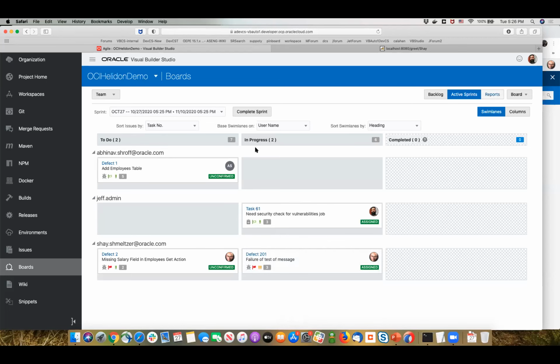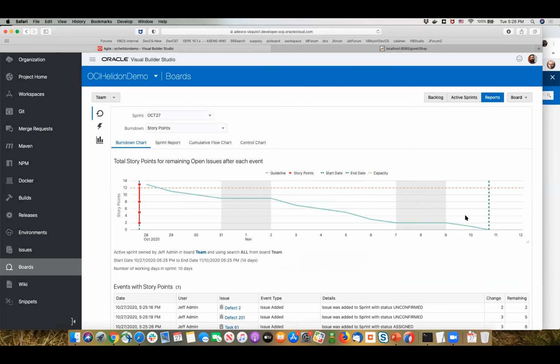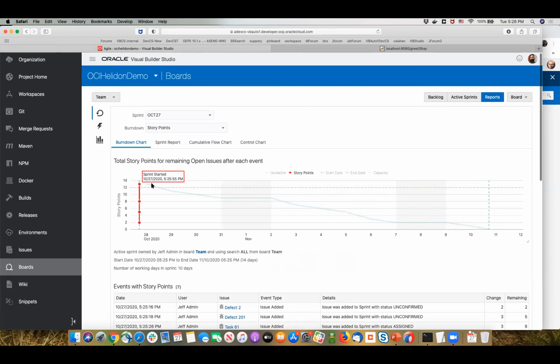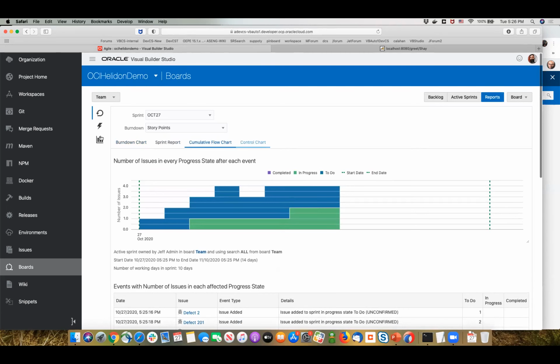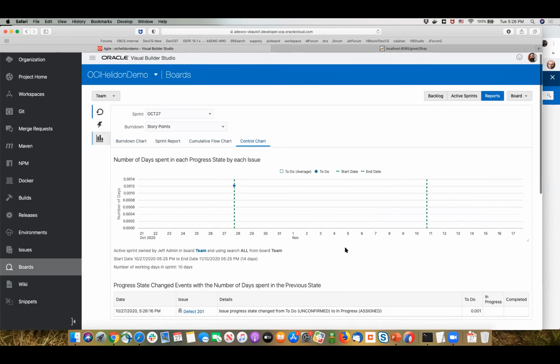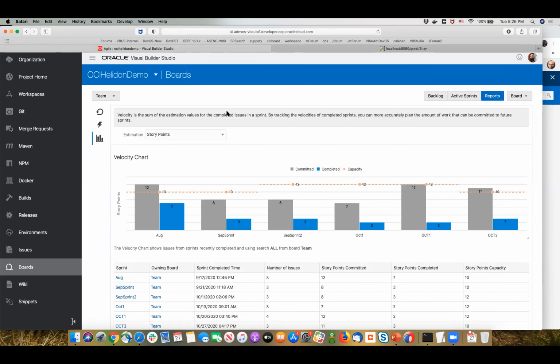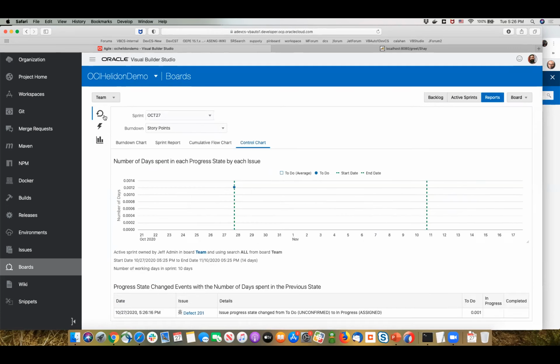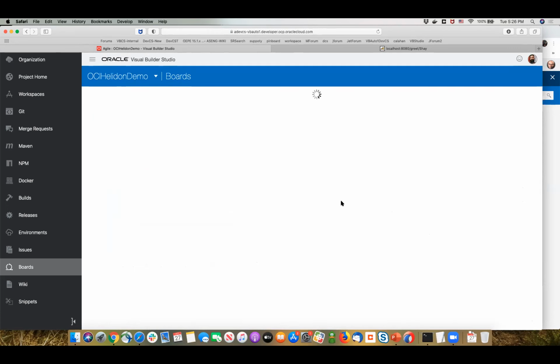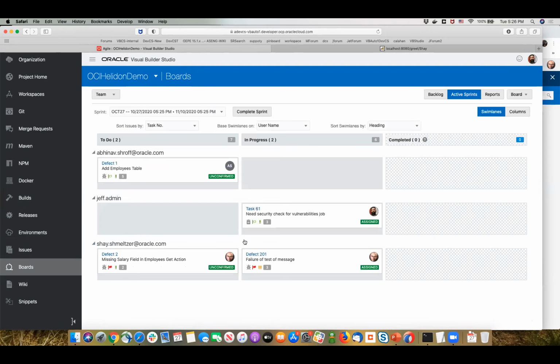You can also see a bunch of reports on your progress. We have a bunch of charts here that show you your progress. We just started our development, so we're at the top right now. In 2 weeks from now, we're supposed to be with 0 issues opened over here. We can see all sorts of cumulative reports and control charts and history of our sprint runs. All of this is available in here as part of our board and agile management aspect for the team manager.